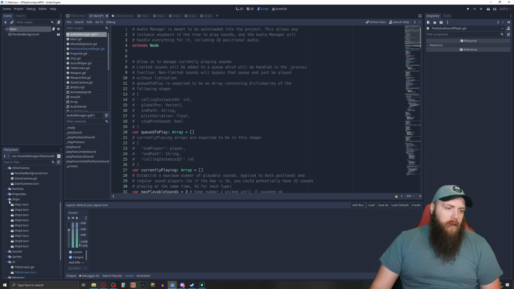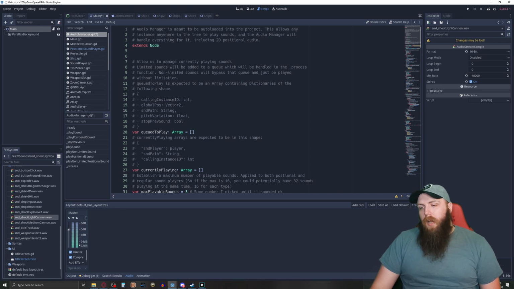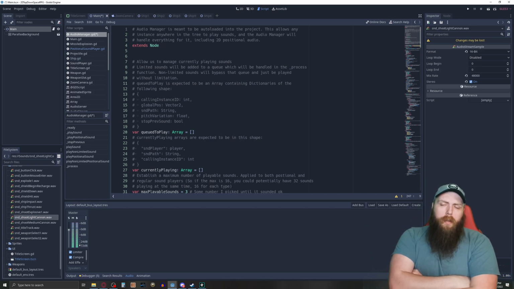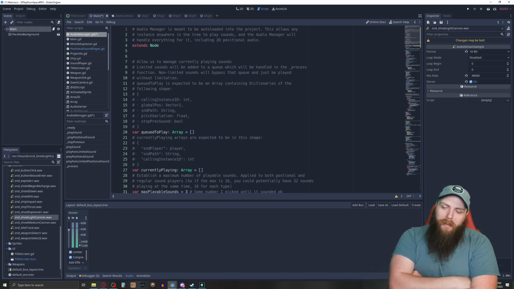So if we go to my sound here for my ship firing a light cannon, shoot light cannon. You can't see it because my face is in the way, but it just plays this one sound all the time. Now I'm changing the pitch of it slightly, but with working with audio, I should have known this because